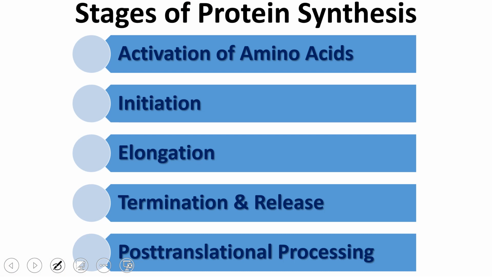यहाँ तक clear है. So this was the requirements. अभी तक हम जो देख रहे थे, that is the preparation of protein synthesis. हमें क्या क्या चाहिए होता है, उसकी significance क्या होती है. Clear?